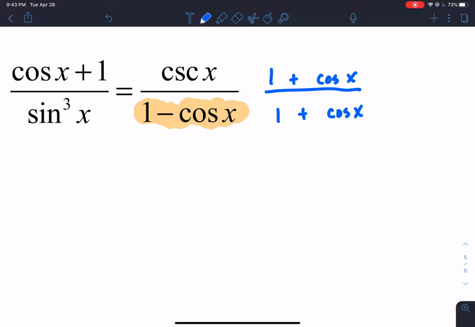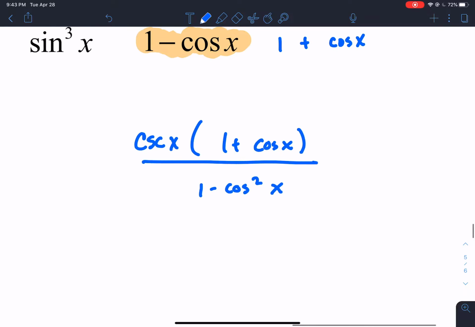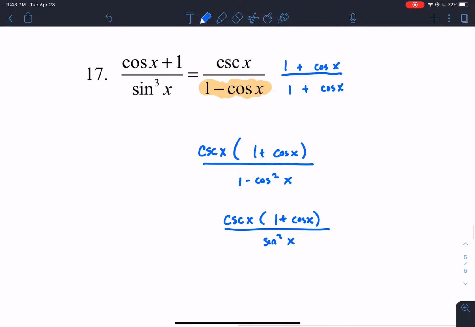So that's going to give me cosecant times 1 plus cosine divided by 1 minus cosine squared. Okay. Now, you already know that 1 minus cosine squared becomes sine squared, right? All right, now you have 1 plus cosine in the top, which is what you need. Now,